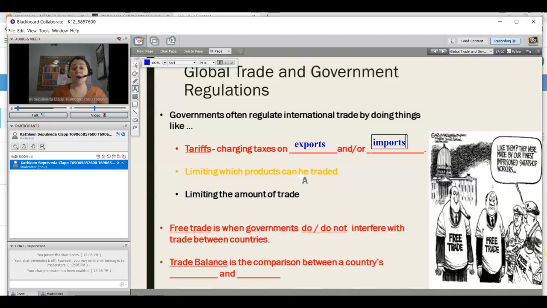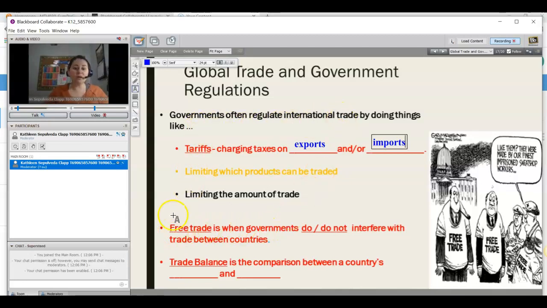And they limit the amount of trade, because you don't want to have your particular area that you're going to be trading with, especially internationally, to be saturated. If you're going to have a lot of people trading with the same thing, it's not going to be worth anything. It's not going to be a profit. People can say, oh, I can get it somewhere else cheaper. So again, limiting the amount of what we trade and how we trade it is important when we're talking about governments regulating international trade.